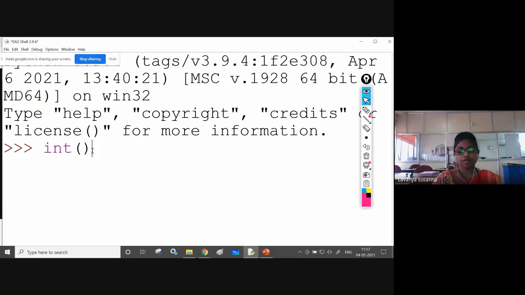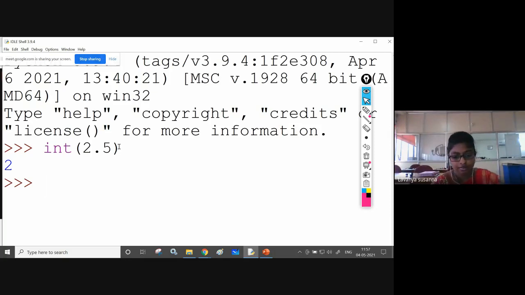It will convert whatever you have given into an integer. For example, I am giving 2.5, a floating point number. See the output. You got 2, right? Here I am passing the floating point number 2.5, and the int function is converting it into an integer. Only the integer 2 is displayed.